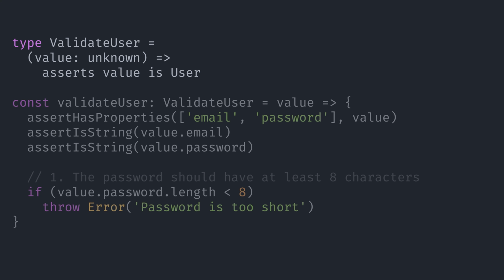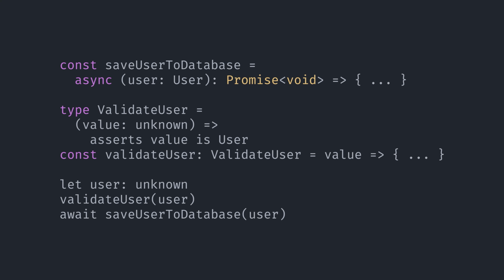We will create an assertion function called validateUser that checks that our object complies with the user interface and with the password validation. Before we add our asynchronous validation to make sure the user email doesn't already belong to another user, let's see what would happen if we try to use our assertion function as it is right now. As you can see, TypeScript thinks it's all okay. There are no compilation errors. saveUserToDatabase is expecting a user, and that's what it's getting. But it doesn't know that this user has not been fully validated yet.